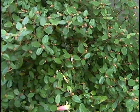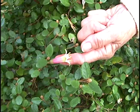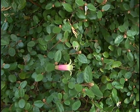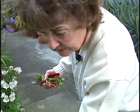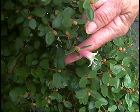Here's another winter blooming plant. This is a correa, which will bloom all winter. This wonderful dainty flower. You can see it's just bursting into bloom here, or getting ready to bloom. It's from Australia, Correa, and it will bloom throughout the winter,